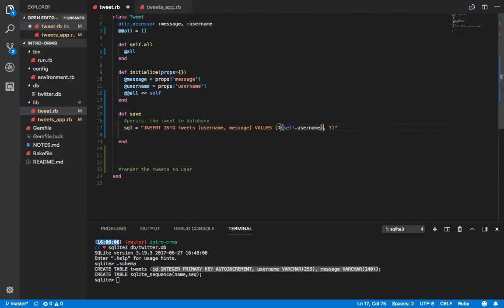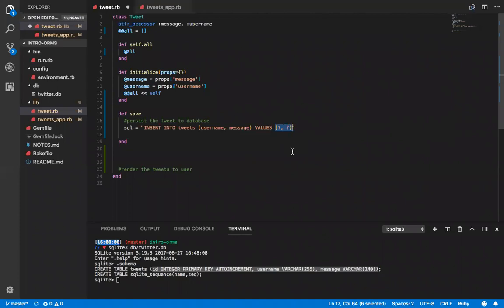But while this would work, now we're getting into some security issue. And I'm not well versed on it, but what it's called is SQL injection. It's a security issue pertaining to your database. So what this does is it basically helps, and you guys will become more familiar with this term as you move forward in Active Record, but it helps